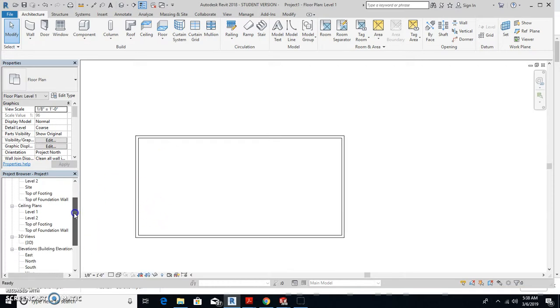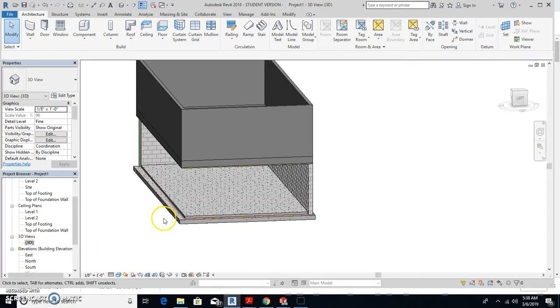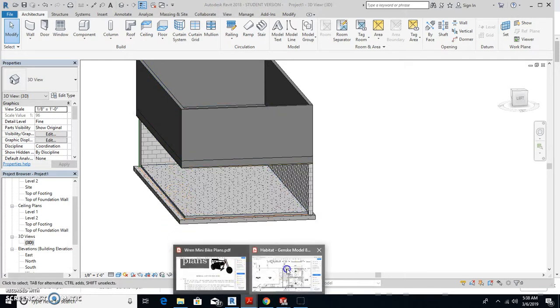Okay, what I'm going to show you is how to create a set of stairs. So you're going to go from your basement floor to the top of your first floor, so it's floor to floor height. If you look at the Habitat house,